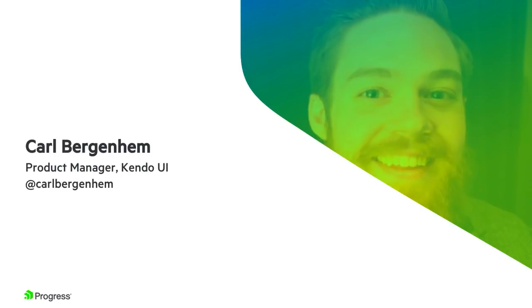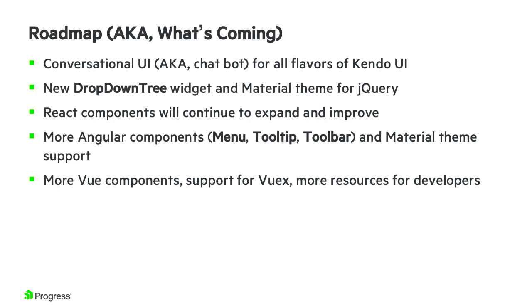Taking a look at our roadmap, a couple of items that I want to highlight coming out with the next release would be the conversational UI, aka chatbot UI component for all flavors of Kendo UI. We'll also be introducing the new drop-down tree widget, something that the folks on the ASP.NET Ajax side might have been able to take advantage of so far. And we'll also go ahead and work with our material theme and add that in for the jQuery suite. Of course, the React components have just started, so we'll continue to expand on the functionality of all existing components